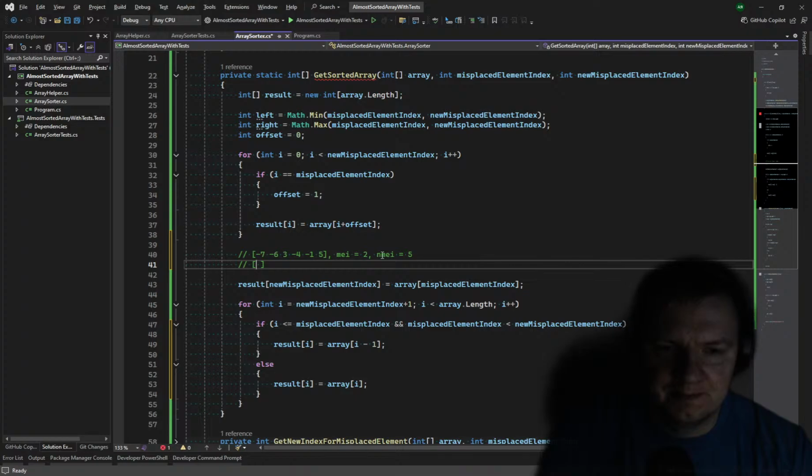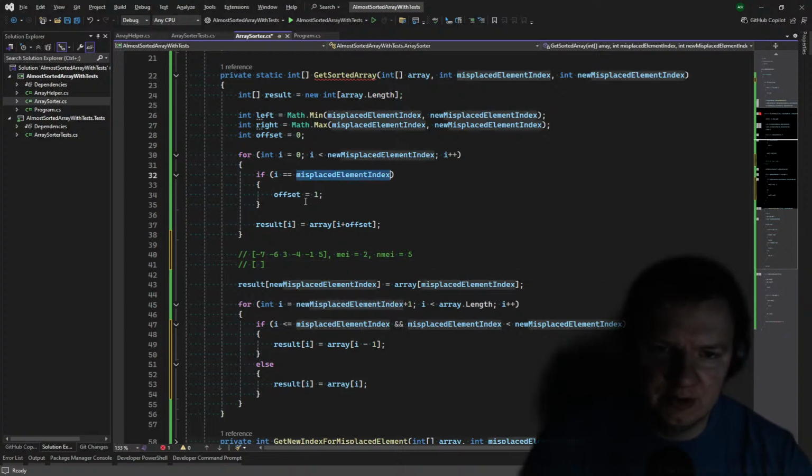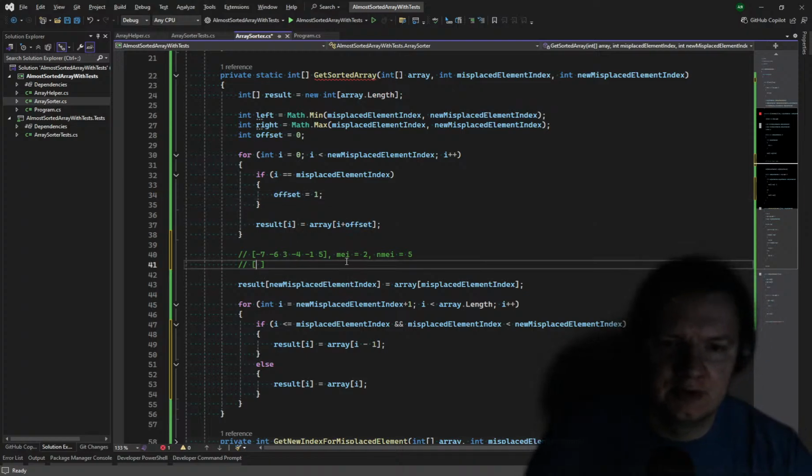We copy everything before the new index, but if we reach the misplaced element index, we make an offset. So misplaced element index is 2 and this one's 5, so -7